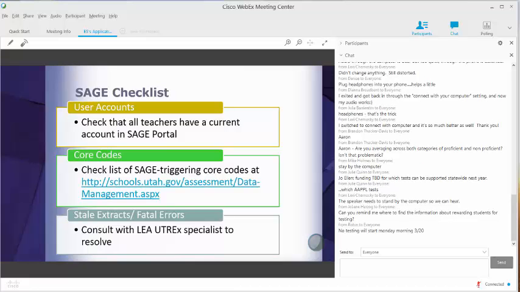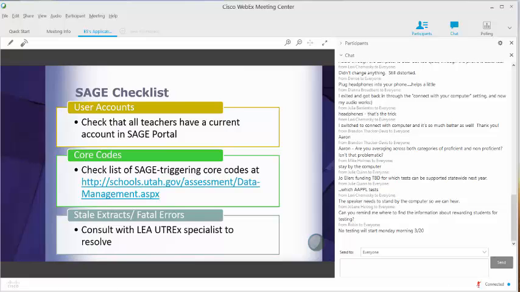So just again, a quick reminder, make sure your teachers have accounts in TIDE, otherwise rosters won't be created. Make sure students are assigned a Wakeford code that actually triggers the test you're expecting them to take. Lots of issues with stale extracts at the moment. I don't know necessarily lots. I'm thinking beginning of the month there was probably a change